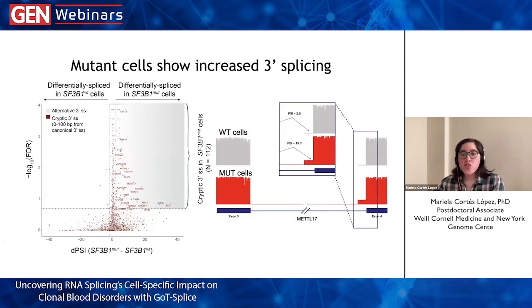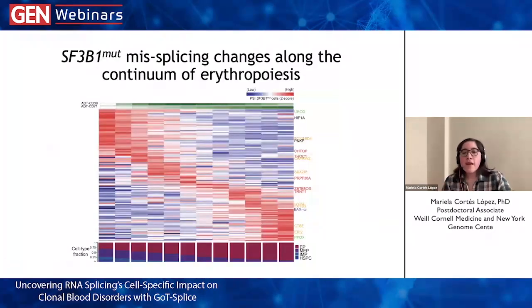And this is just an example of one of those cryptic splice sites, which appears only in the mutant cells. And now having this resolution of particular genes that have this cryptic splicing, we can look into the continuum of erythropoiesis and see how with the increase of differentiation, we also observe